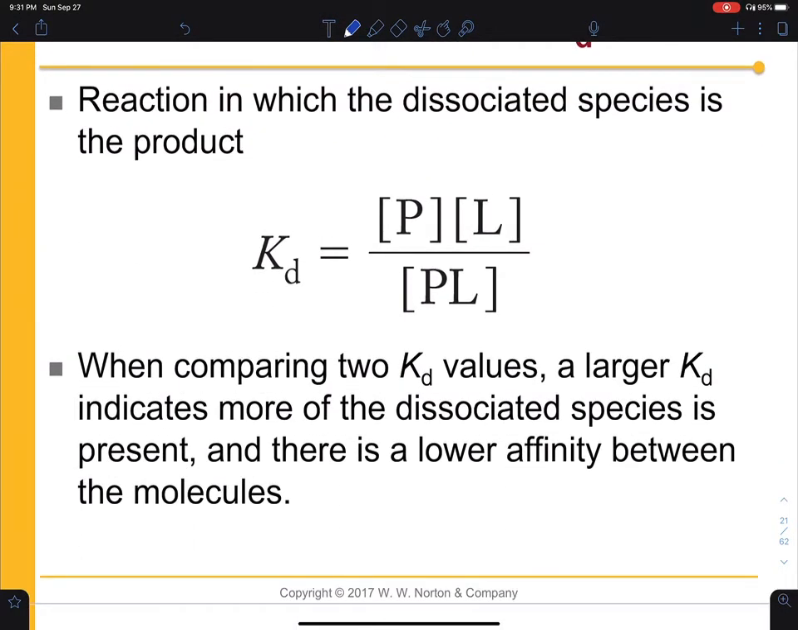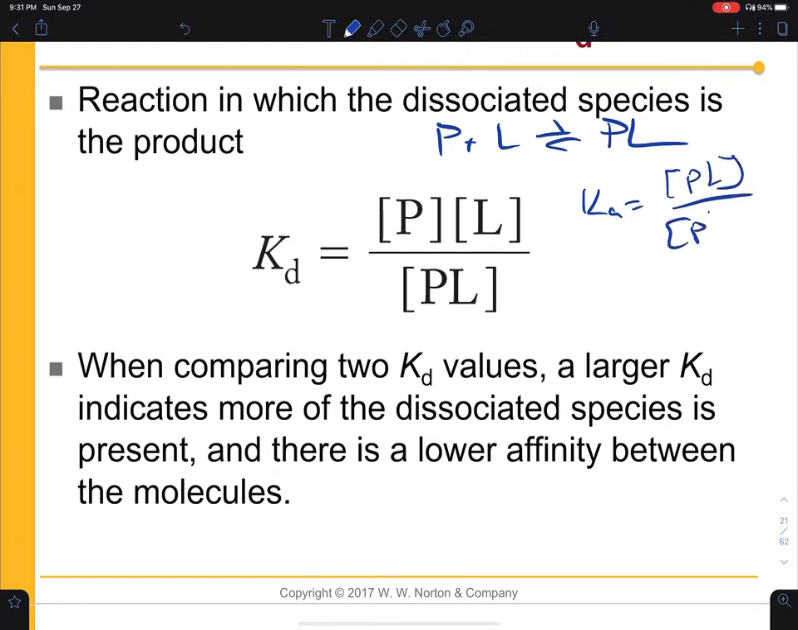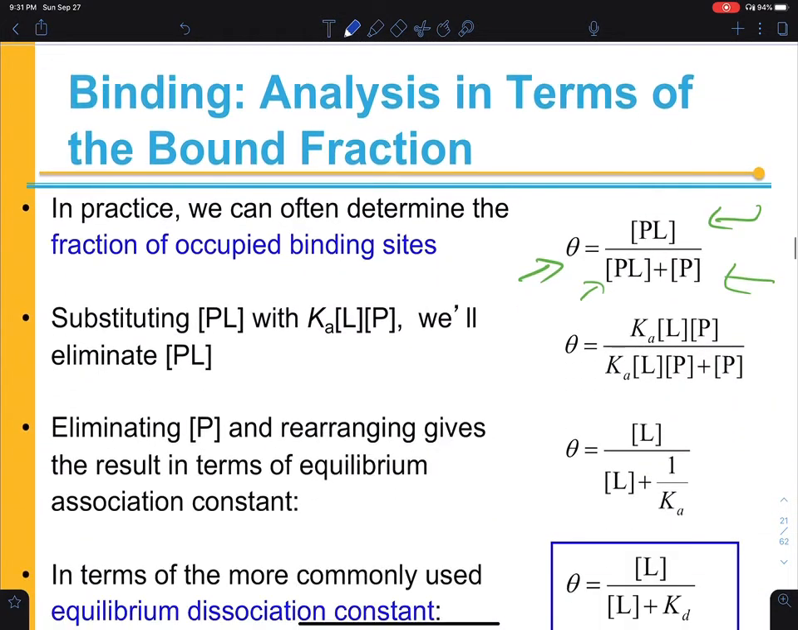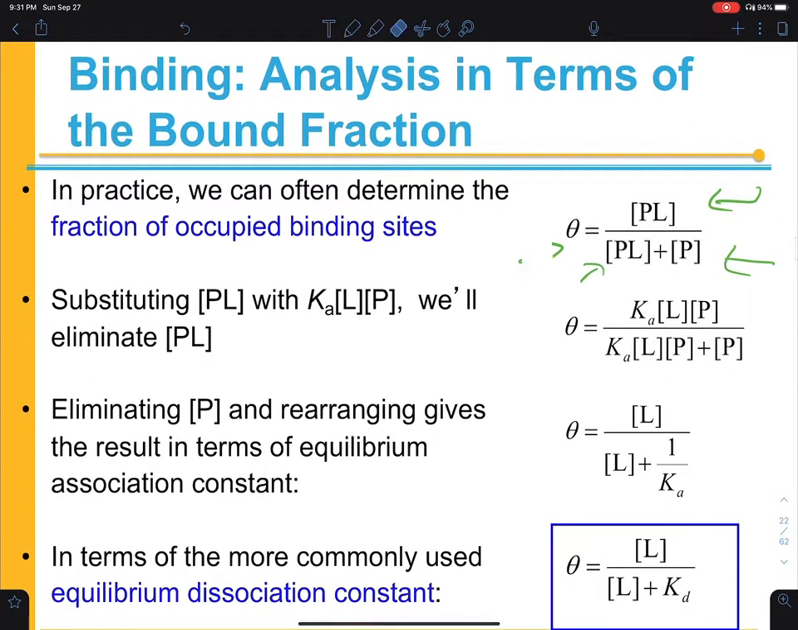So, as I said before, using the equation P plus L goes to PL, we can define a Ka that would be equal to PL over P times L, or we can define a KD that is the inverse of that: free P, free L over PL. Okay, so I think we have all the tools that we need in order to do this derivation, right? If we're looking at theta,